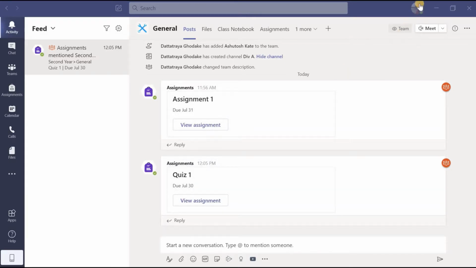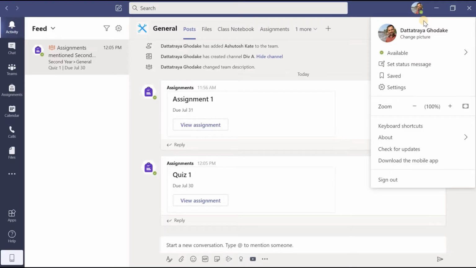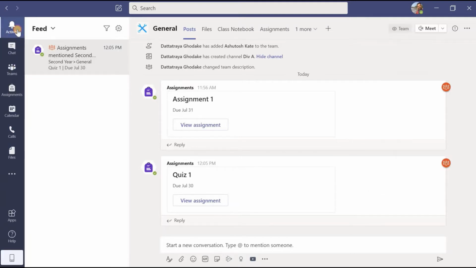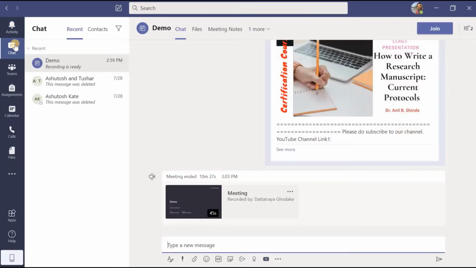Up till now, we have learned how we can set up our Microsoft Teams account and how we can manage that account with the help of these features. Out of these many features, we have learned how to use a few, including the Activity tab, and how we can use the Chat tab to have a private or group conversation, and how we can make a private audio call or video call, and make video and audio calls to a group as well.